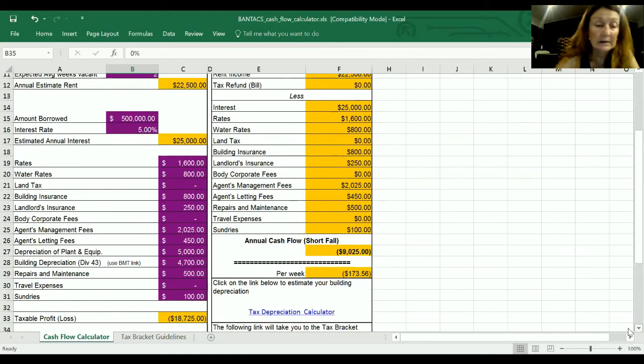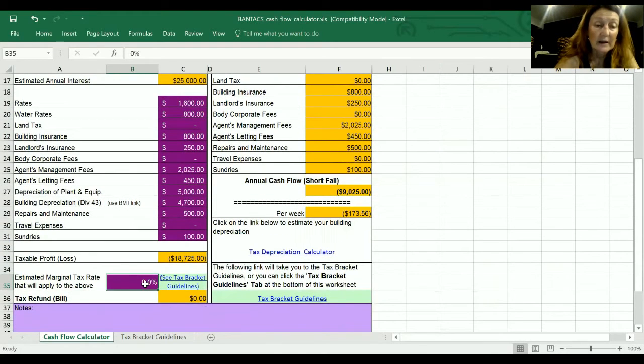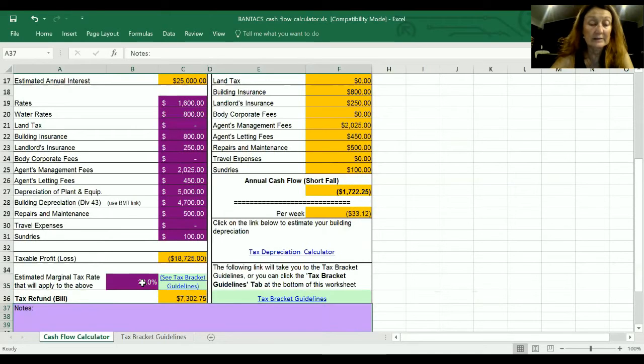Now the next thing we need is your tax rate. If the property is in joint names, just add your tax rates together and halve them to put the tax rate in here. So we're going to put in 39%, which is a pretty high rate for negative gearing. That's sort of over $80,000 a year, but under $180,000 a year. Now by the time you get your $7,000 refund,